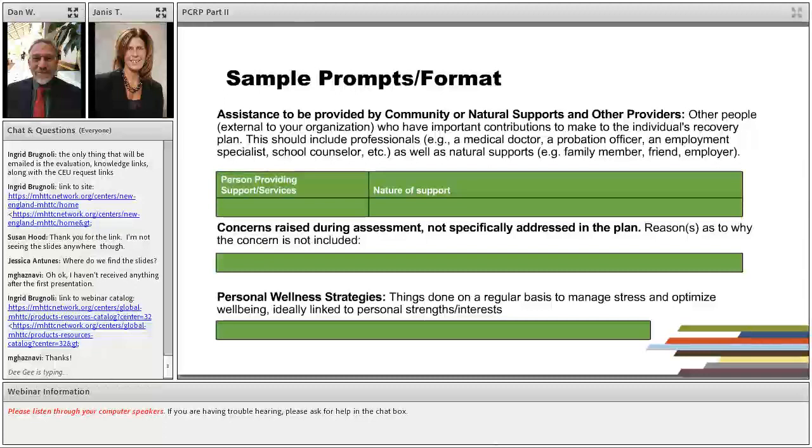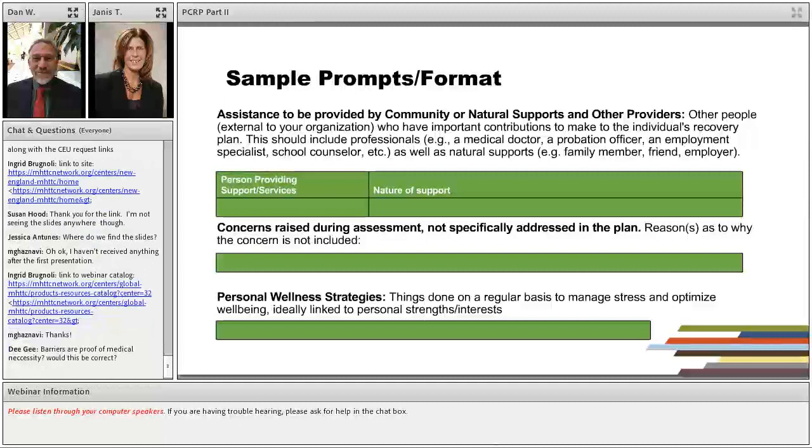But we wanted the place to record the contributions, either and/or, of natural supports or other providers. And we are asking for less information here. So we want to know who that is, what the relationship is to the person, and what kind of support they're providing. The next box is,